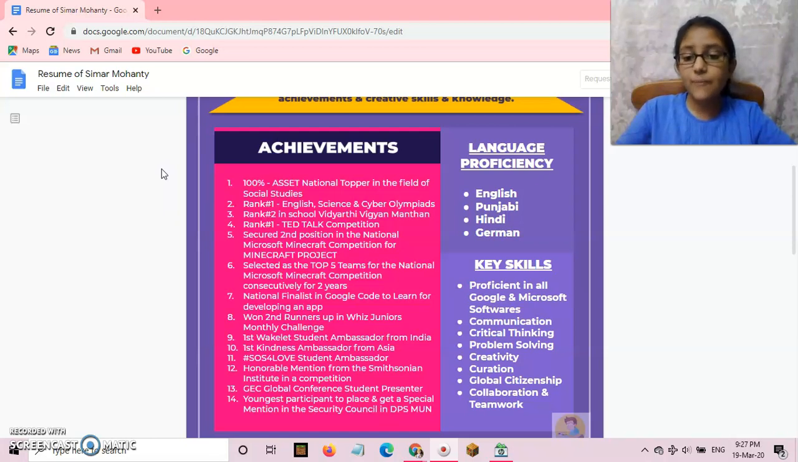Then I'm also well versed in many Microsoft applications as mentioned earlier. For example, I have secured the second position in the National Microsoft Minecraft competition for designing a Minecraft project. Then I have led a team which was selected as one of the top 5 teams for the National Microsoft Minecraft competition